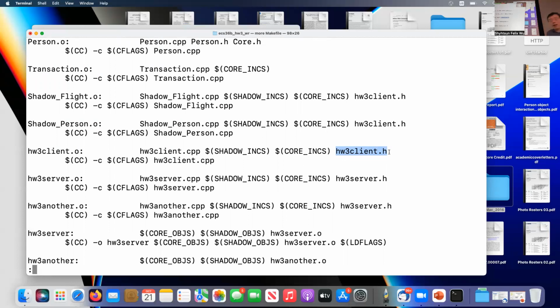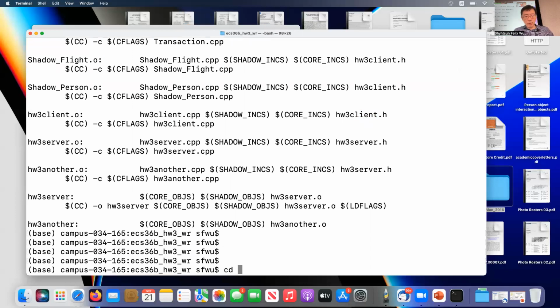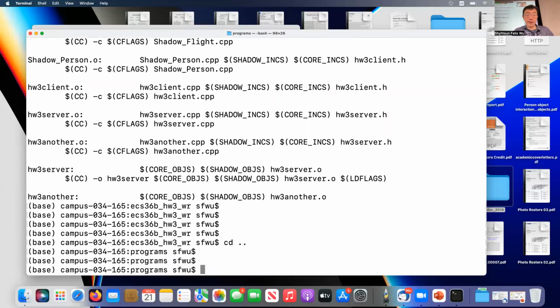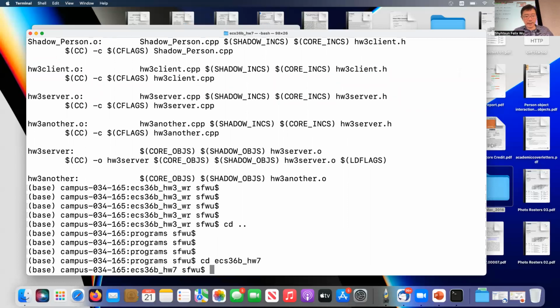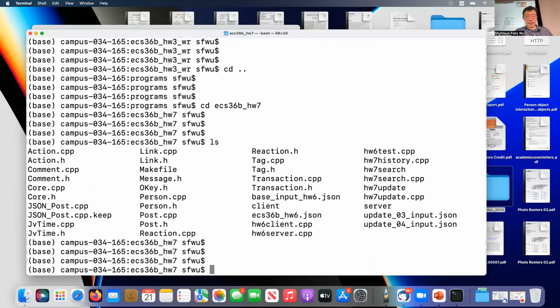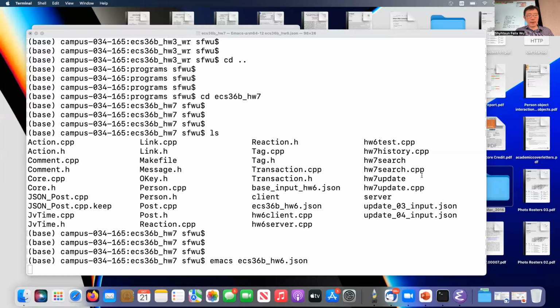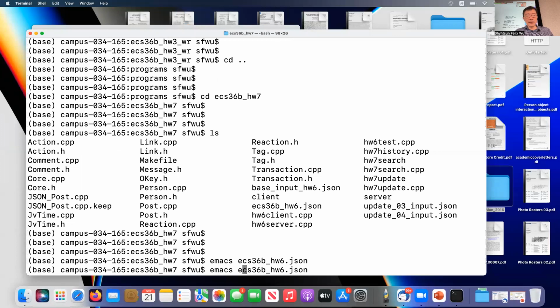Okay, so with this, by the way, I will send you the code so you can play around. But I want to show you one of the more interesting ones. Let me go to homework assignment 7. This quarter, I don't think I'm going to have homework assignment 7 for you because I consolidated them together. I made a mistake, sorry. This is another